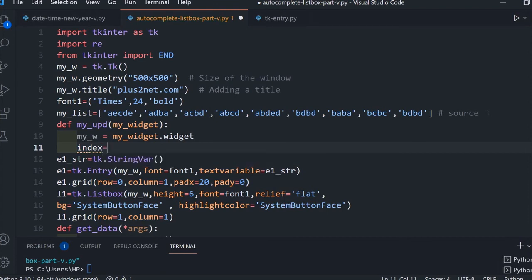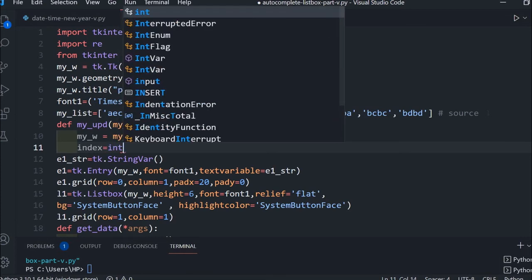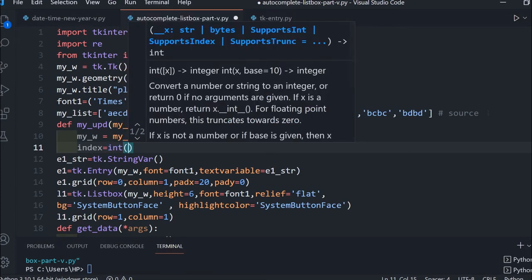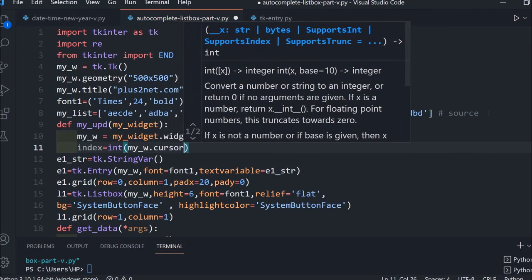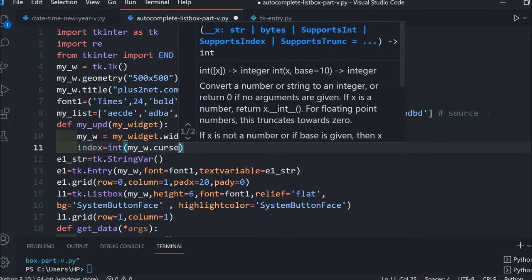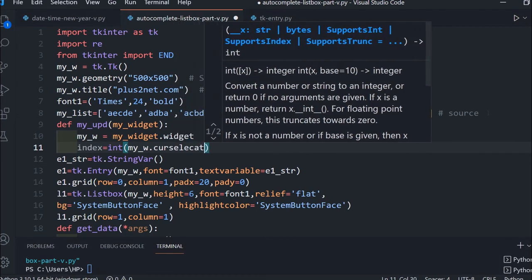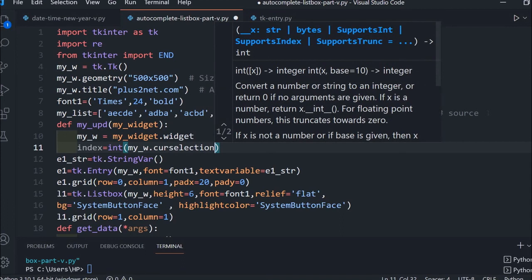Now next, index is equal to, now I have to read which particular index or option is selected, because the user will be presented with multiple options and one option is selected, so I am reading that. It's an integer, I have to convert it. So I will say my underscore w dot cursor selection.